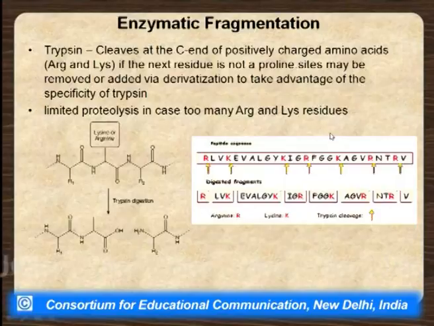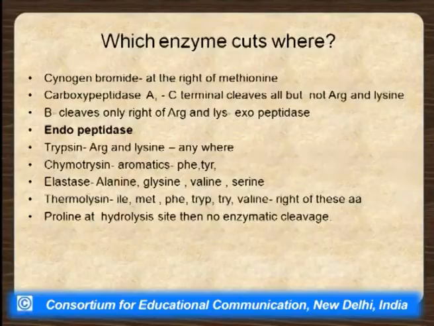In the databases, you will find trypsin cleavage patterns of various proteins, and that can be used as a beginning step to understand the protein relationship or to correlate your protein with the database. So, which enzymes cut where and how can we use them? Mostly trypsin is used, whether we use Edman's reaction or mass spectrometry, trypsin is the enzyme of choice because of its robustness. There are, however, other chemicals that can be used and we will list them.